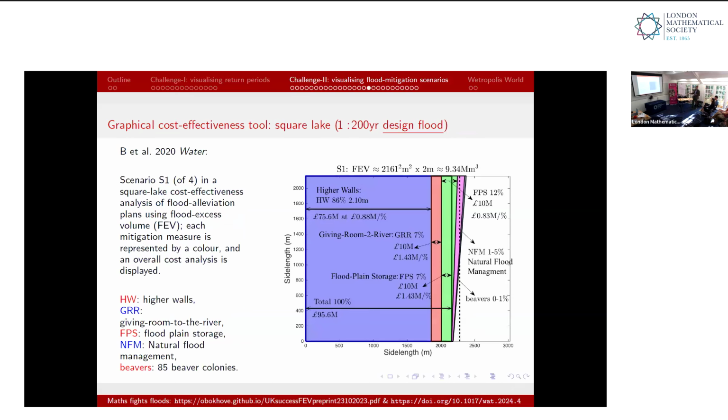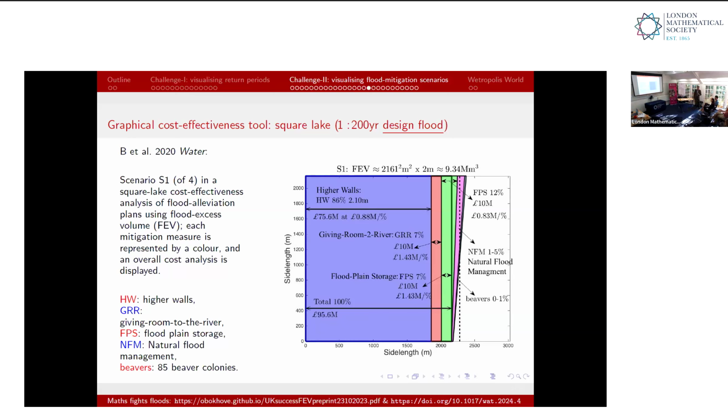I analyzed Leeds flood mitigation plans motivated by the flood evacuation. So I made my square leg plots for one scenario, which has higher walls to 86%, giving room to the river again 7%, actually floodplain storage 7%. But I didn't stop here. The floodplain storage depends on how you do it. You can actually make it a bit larger, so you can use the vertical axis to put in some uncertainty. I can also add natural flood management, for which I got no numbers, but they said it's between 1 and 5%. And then the beavers,